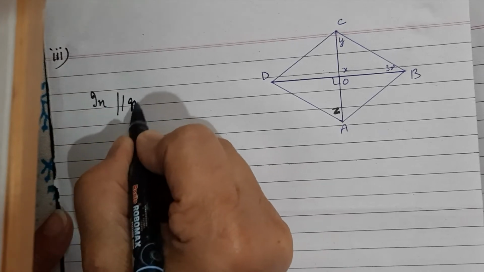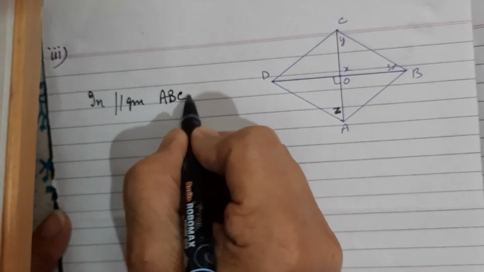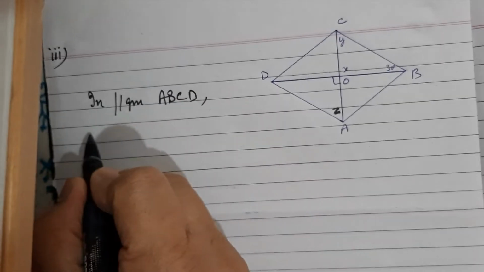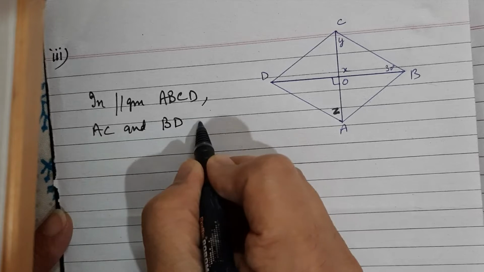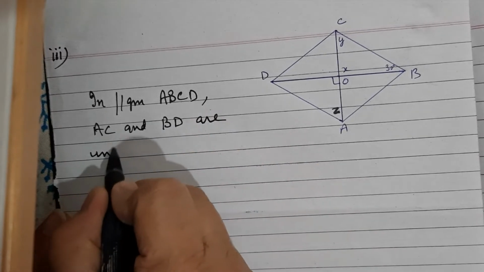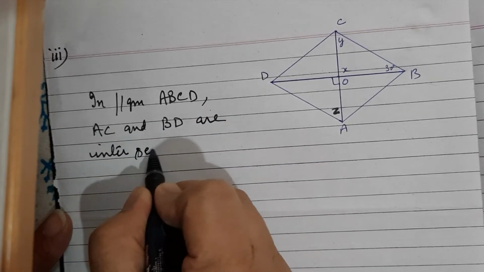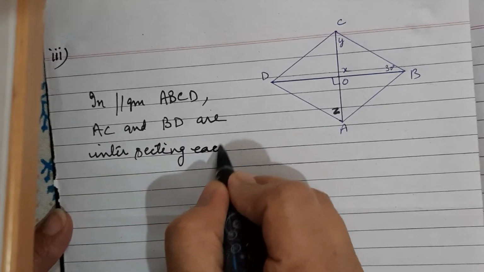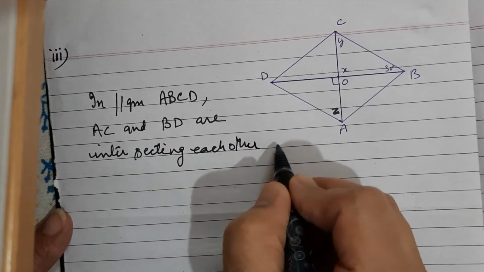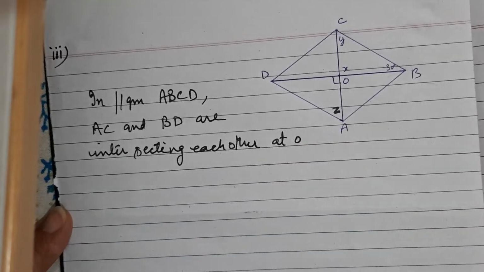In parallelogram ABCD, AC and BD are intersecting each other at O,